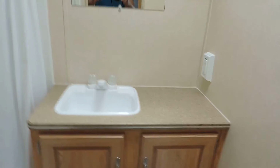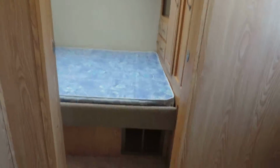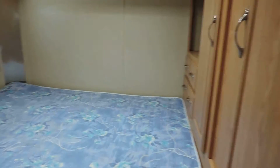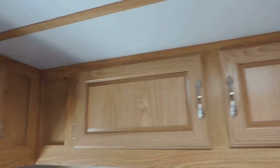Just inside this door here is your bathroom with your porcelain foot flush stool, sink, and shower. Overhead power vent above the sink and toilet. In the very front of the unit is your queen size mattress with front access here. A little spot for your TV, entertainment center, overhead storage